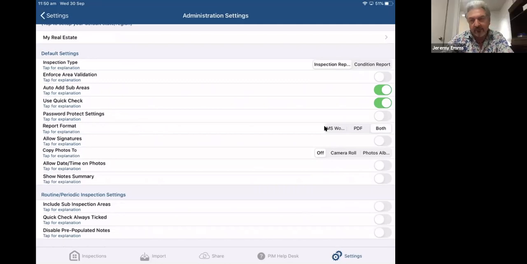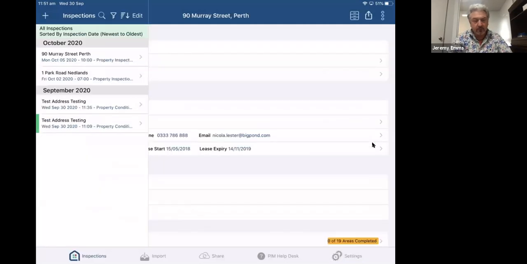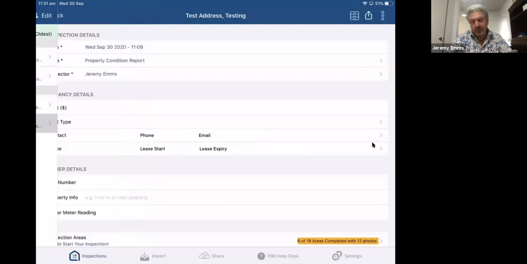But this is where, if you want to send your document back to your email address as a Microsoft Word document, you can do. We do also have the ability to allow signatures within the app. So if you click that on to allow signatures, when you're doing an inspection, you can go to the home page in inspection.